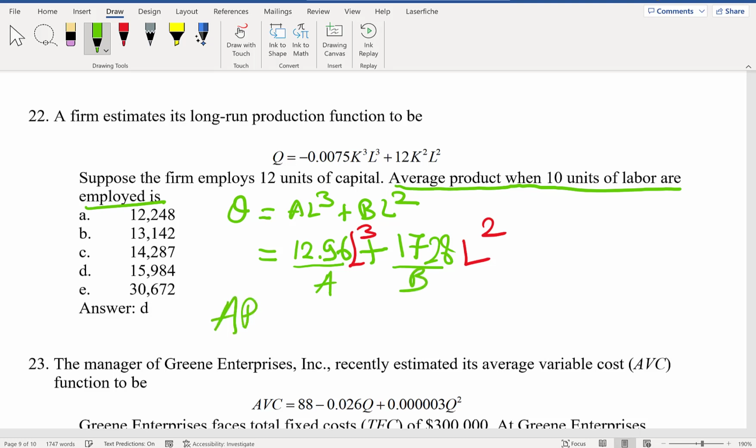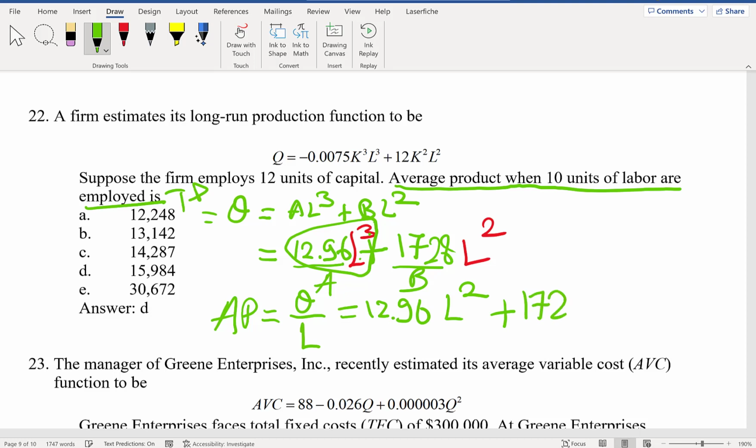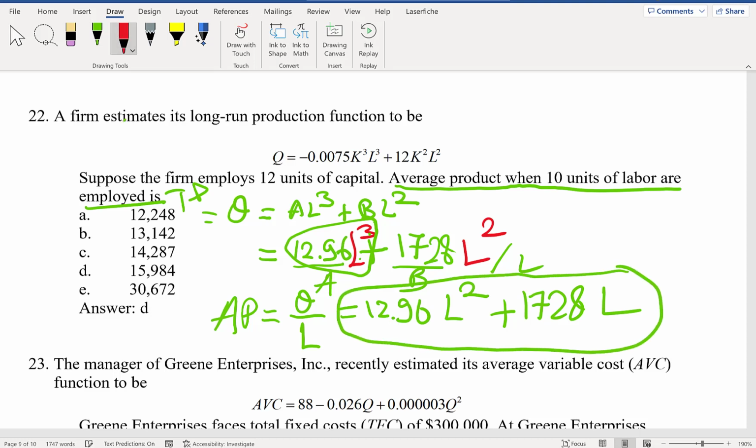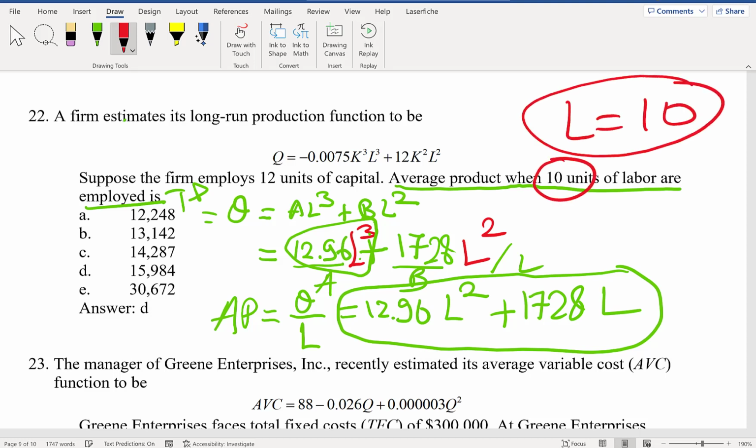So what's average product? Average product is total product, so this is my total product, quantity, divided by labor. So divide this by L: negative 12.96 L raised to the power 3 divided by L, L squared, plus 1728 L raised to the power 2 divided by L, just L itself. So this is my average product. What am I asked to do? When 10 units of labor are employed. Okay, cool. So this is 10 times 10, 100 times 12.96 is